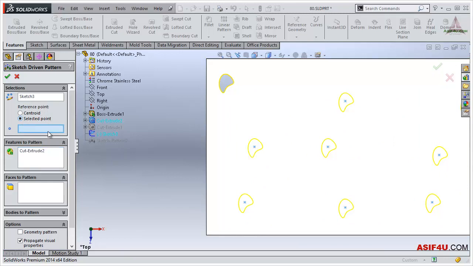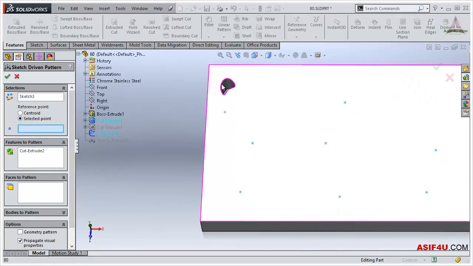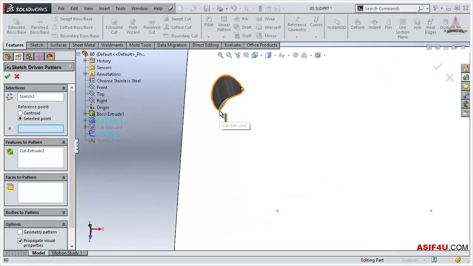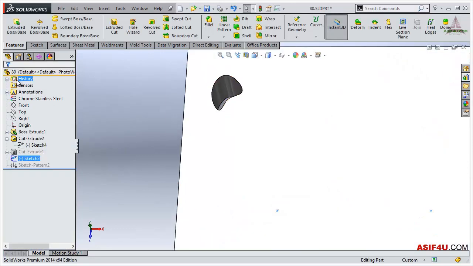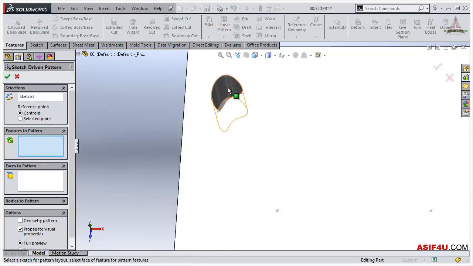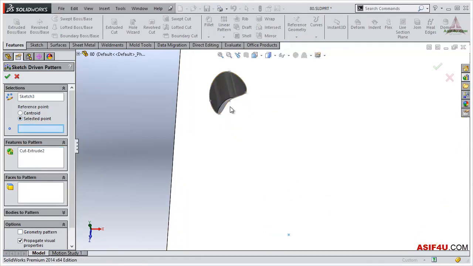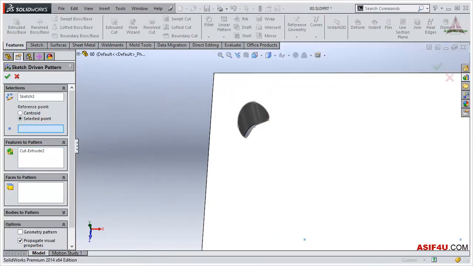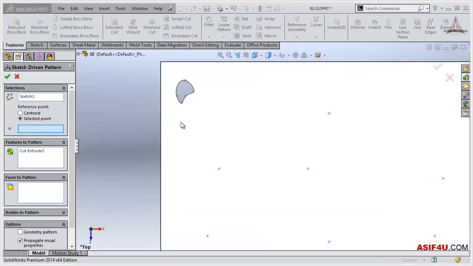If I select this selected point and if I select another point, I can select another point, but I have to show that sketch first. And now I will activate the sketch driven pattern feature again. Everything is okay. Now in the selected point, I have to select that point. If I select this point, if I see from the top view,